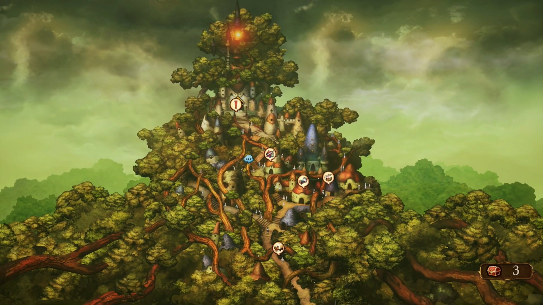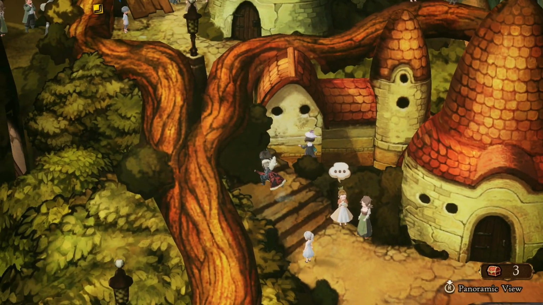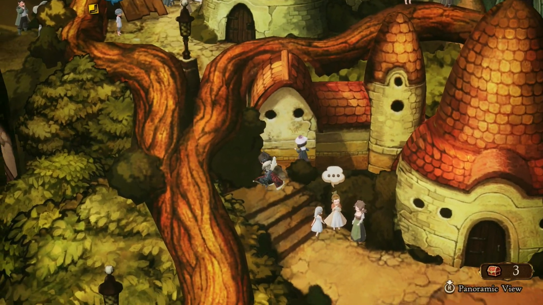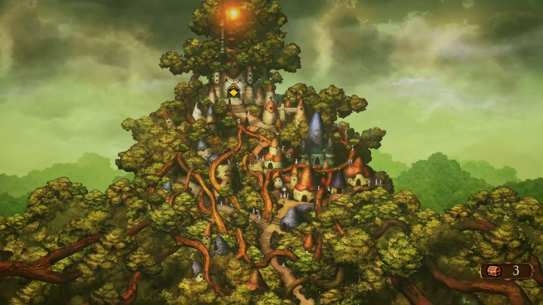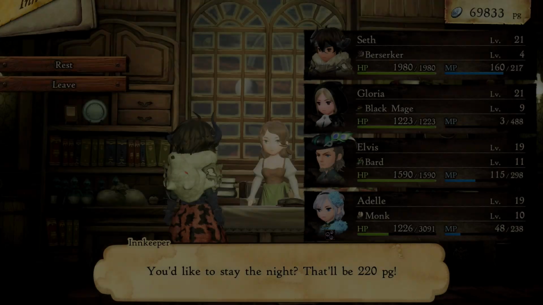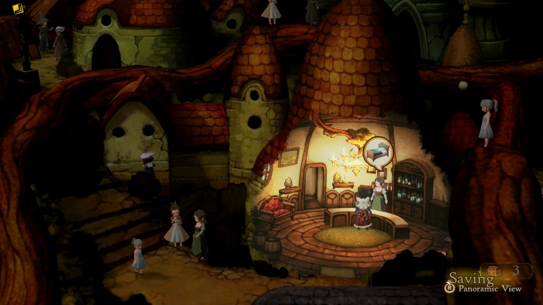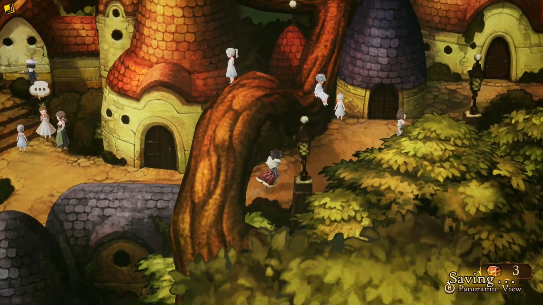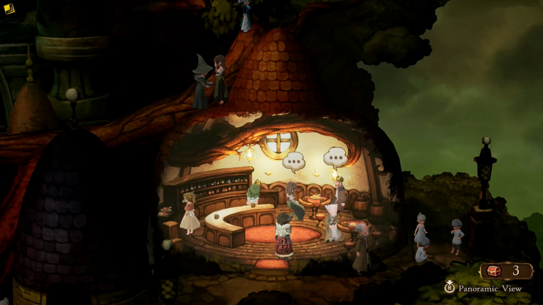I want to take a trip to the item shop real quick. There is a side quest. Oh, I totally forgot. We can't get past that. There are certain paths you actually have to walk in this town. So let me go ahead and take a quick rest at the inn. Recharge my MP. And then, let's do a quick exploration, because I know there's some